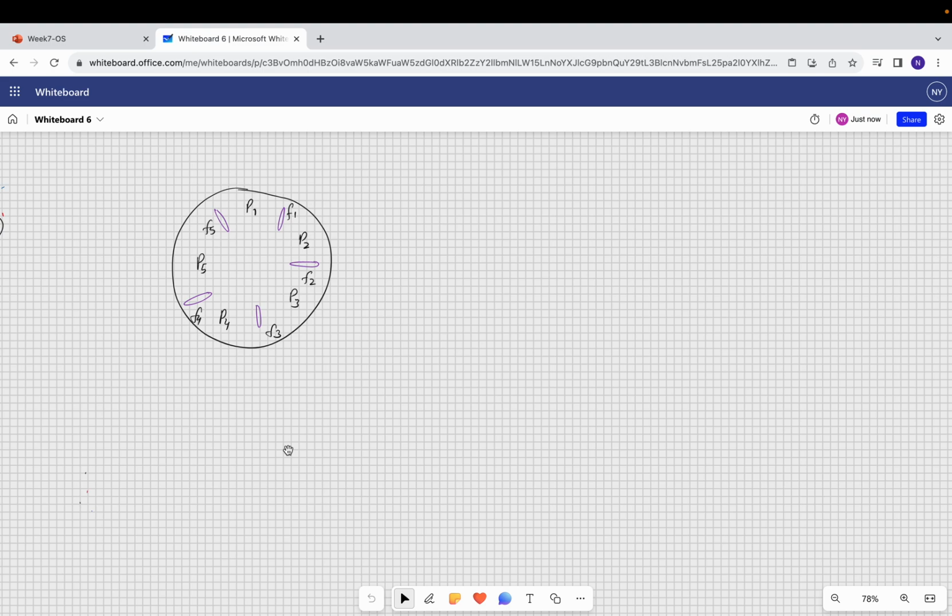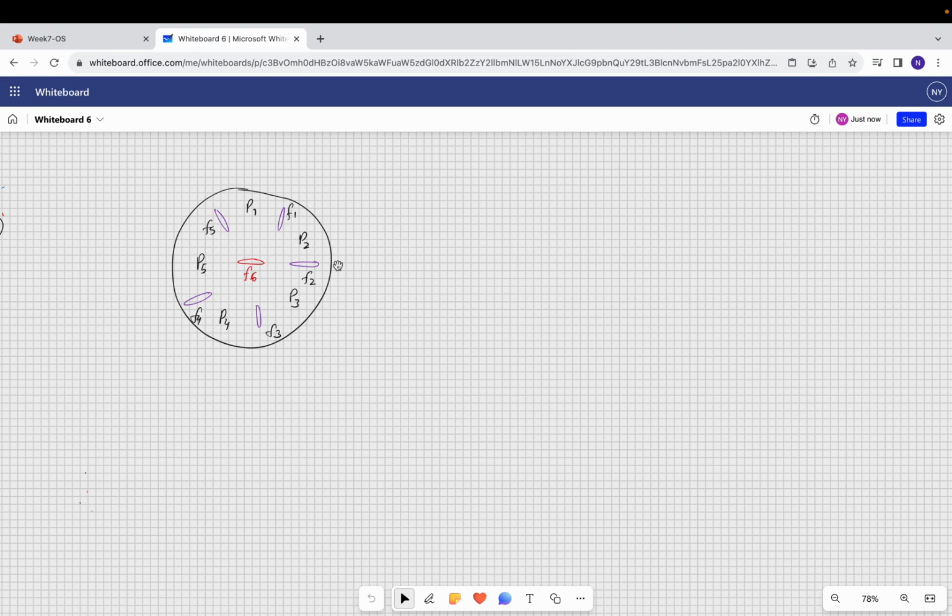here one more fork, and let us just put it here, F6. So you need one more fork. If it happens that all of them become hungry at the same time and all of them pick their left forks at the same time, then one of them or all of them will try to pick the fork F6. Of course only one of them will be able to get the fork F6. It's something which cannot be divided, so everyone will try to pick the forks first, let's say on their lefts, and after that they will also try to pick the fork F6,